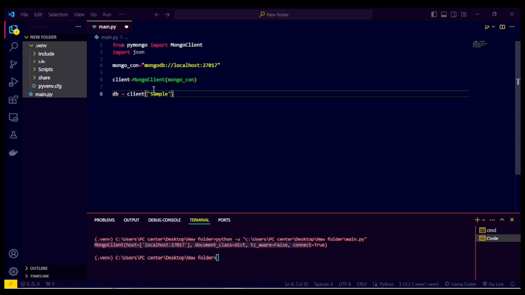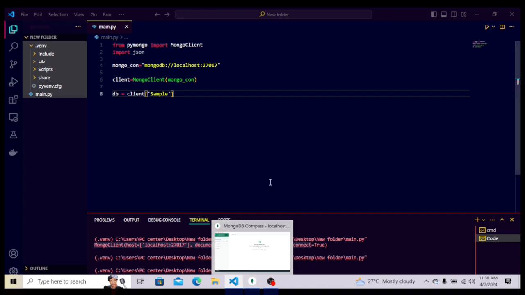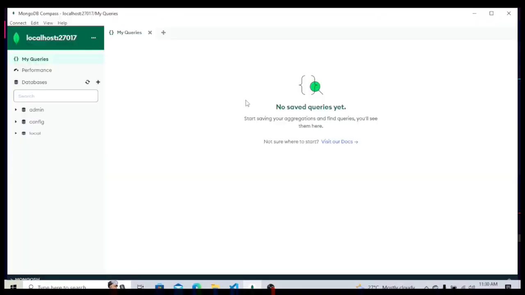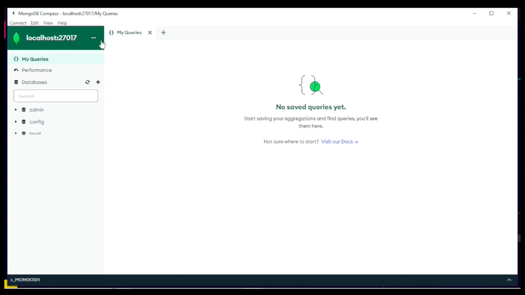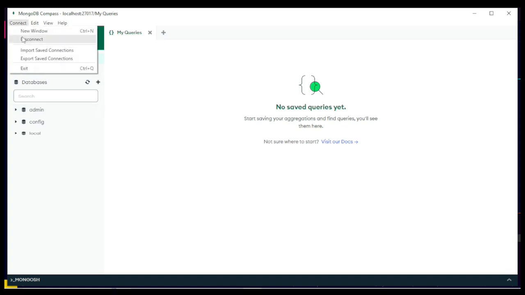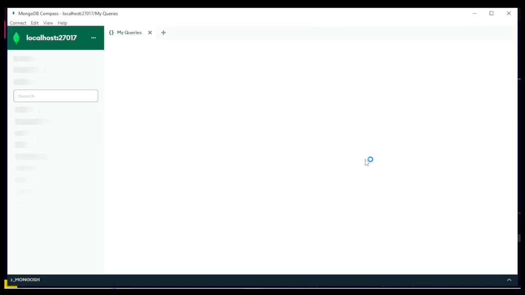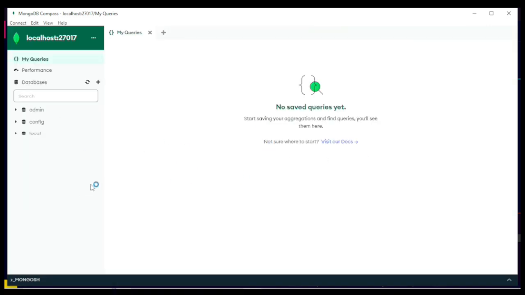After naming the database, I'm going to save it and run this code. This code has been run. After this, I'm going to open MongoDB. After opening MongoDB, if I refresh it, let me disconnect and connect it again. After I refresh it, there is no database created, even though I typed the database name, but it is not created,